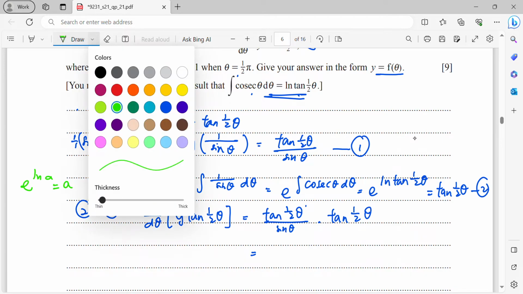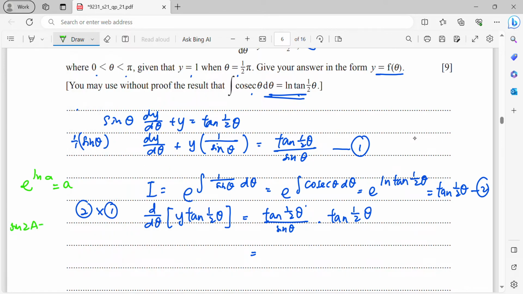Therefore, I have to refer to the sine 2A double angle formula, which is 2 sine A cos A. Now my 2A is theta, which means the A is half theta. So I will replace my A by half theta on the right hand side. Then I will be getting